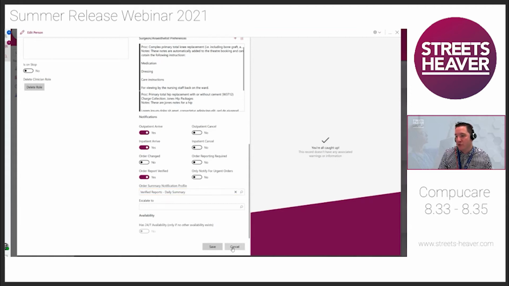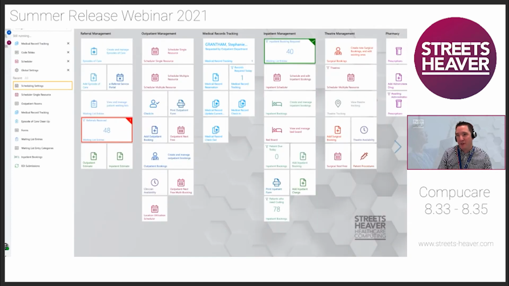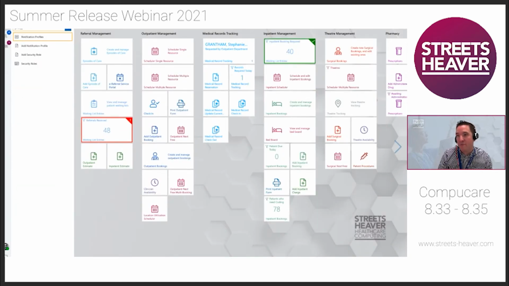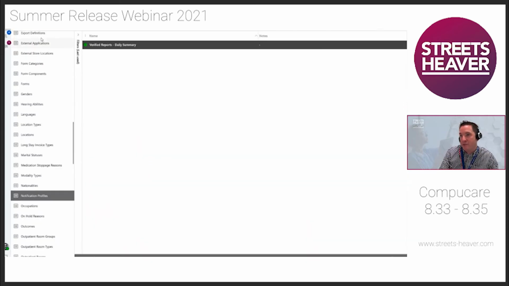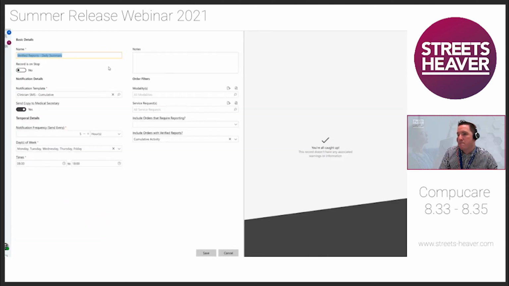So what I'll do is I'll just come out of this screen, we'll go back to home and I'll show you a couple of little settings around that. So I'll just type in profile, and we've got a new code table called notification profiles. And within here, we've then got the one that I've created, but you can have lots of different ones set up. So if I just give that a double click to edit it,